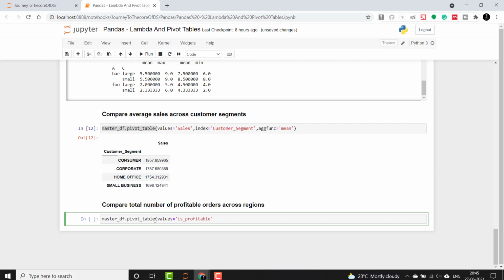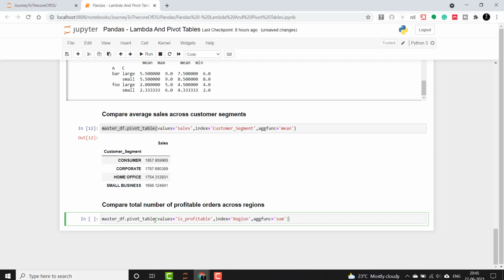Okay, and then we will do an index, that is group by. So guys, remember, whatever group by takes, index does the same here. So it will be grouping on the region here, and then we will specify aggfunc as the argument which will take the sum.